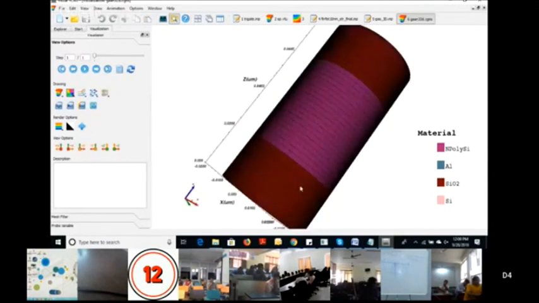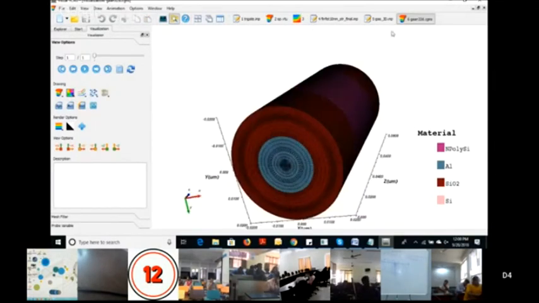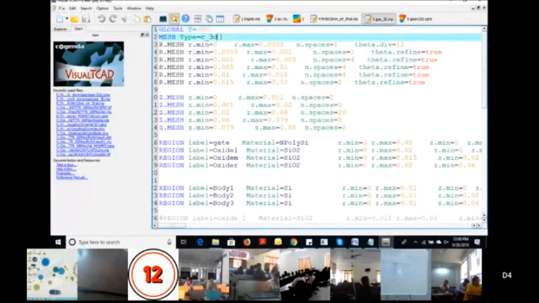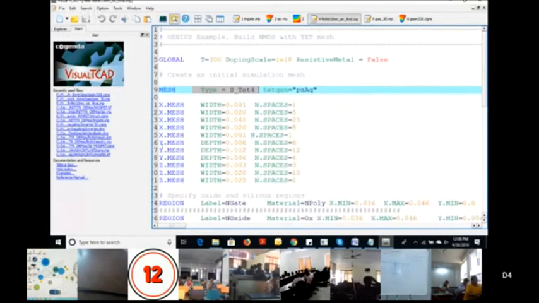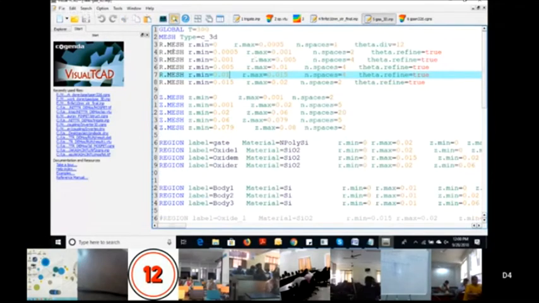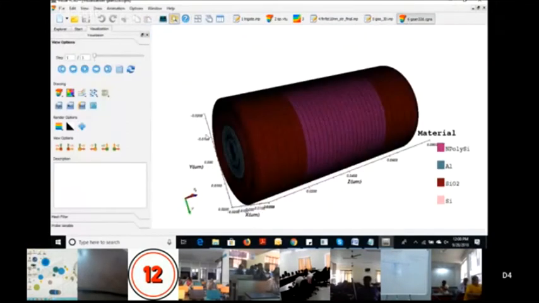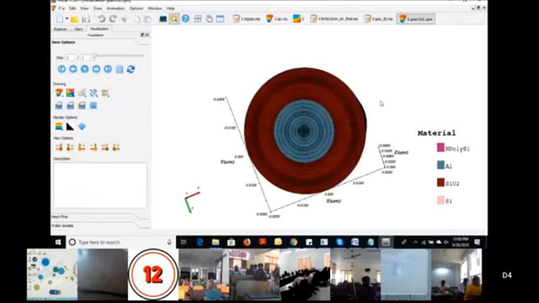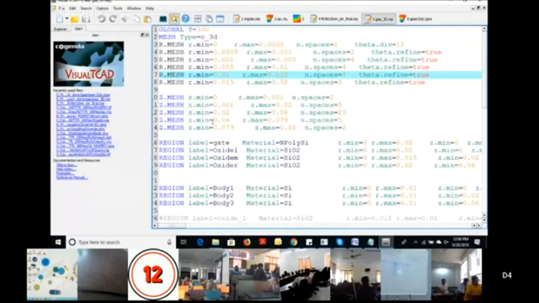For this cylindrical shape, the code is this. Here, the mesh type is C_3D, cylindrical_3D. And here, instead of X mesh, Y mesh, we have R mesh, meaning the radius of the mesh, R and Z. Z means the length. R means radius. So we define R and Z and we define the coordinate system the same, but here the